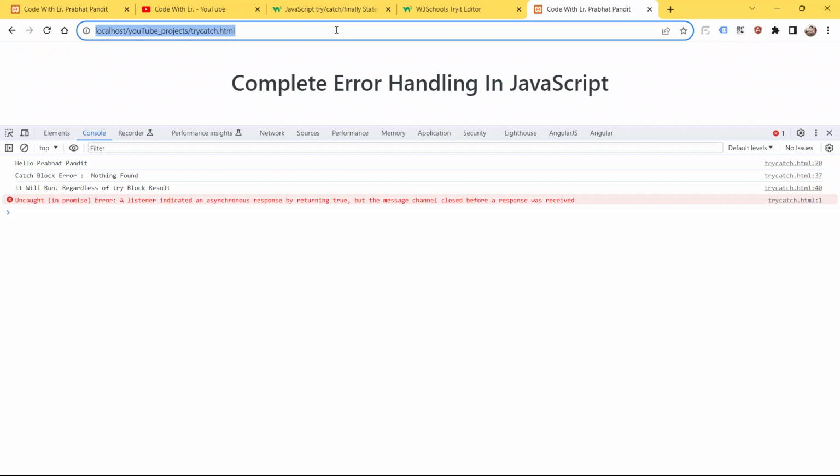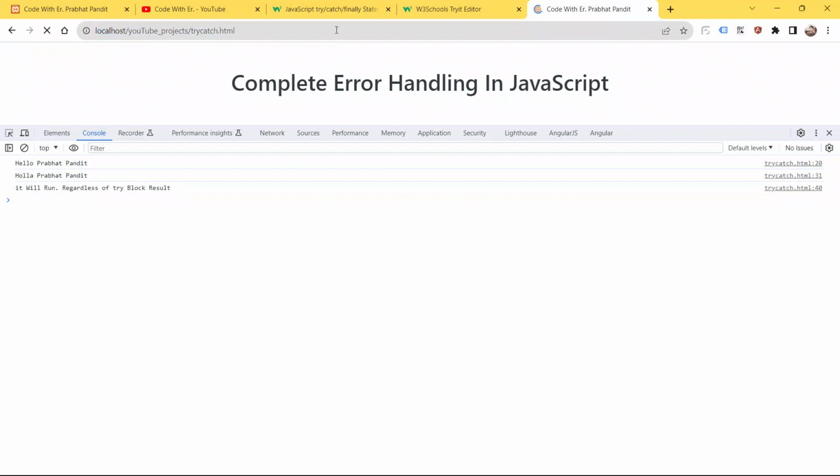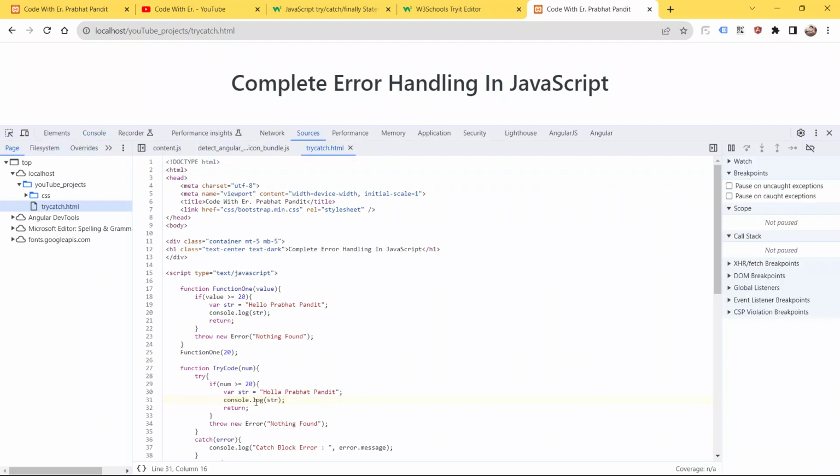Refresh the page now and see the console. See, we got the "Hola Prabhat Pandit" and "it will run regardless of try block result". Let me just open this. See, this comes from here and this comes from here.